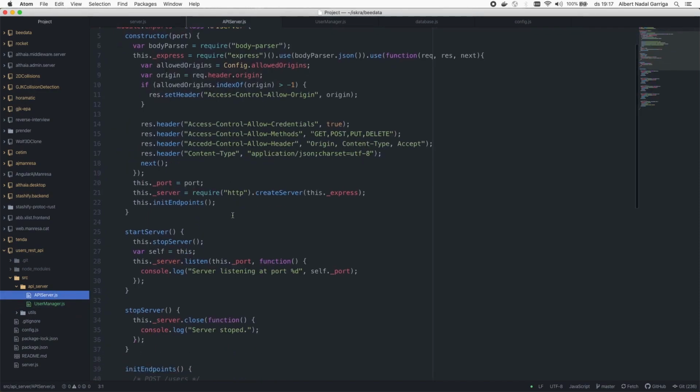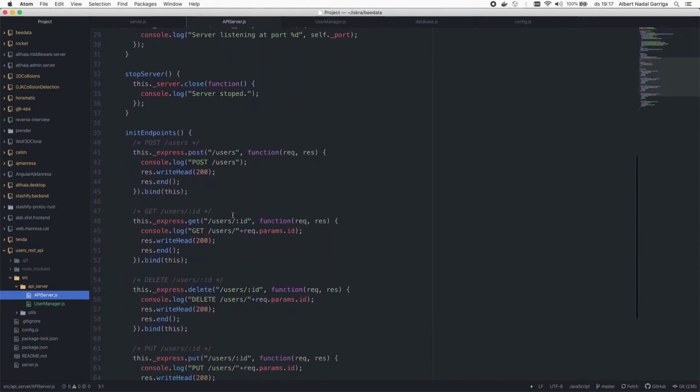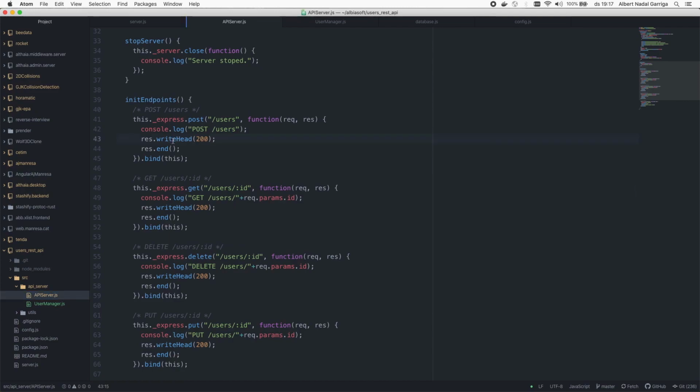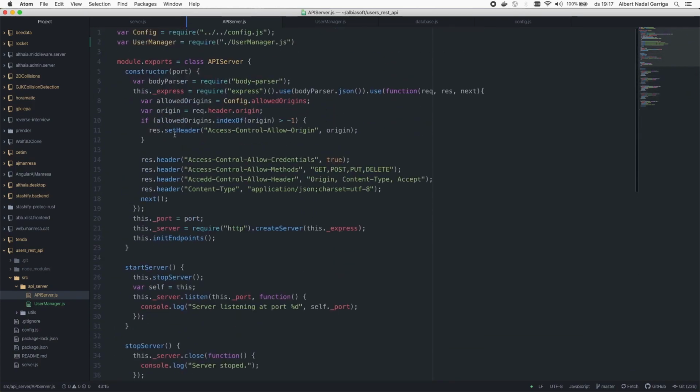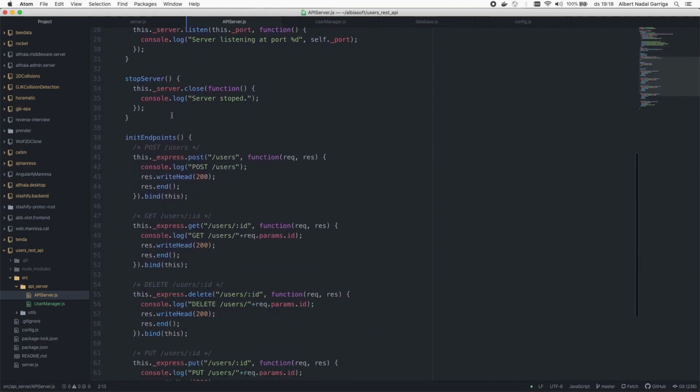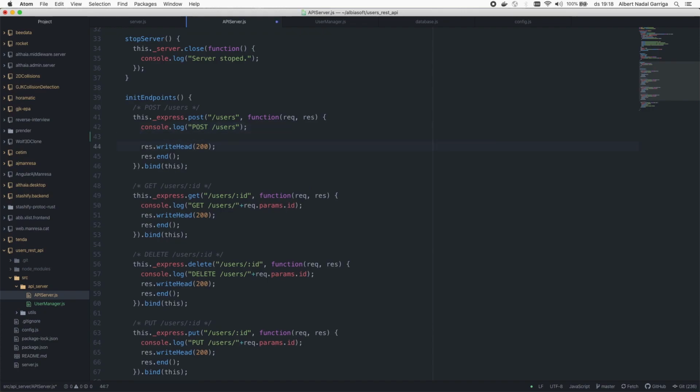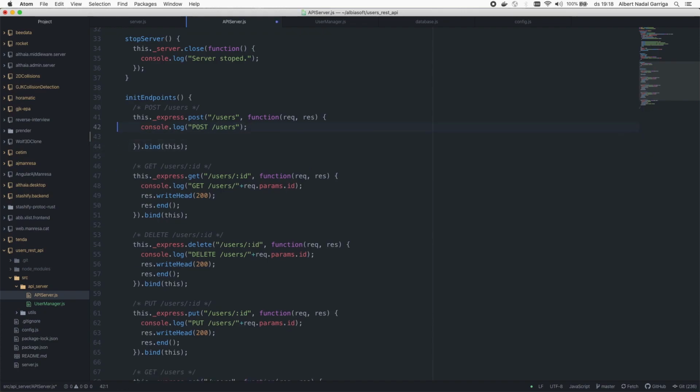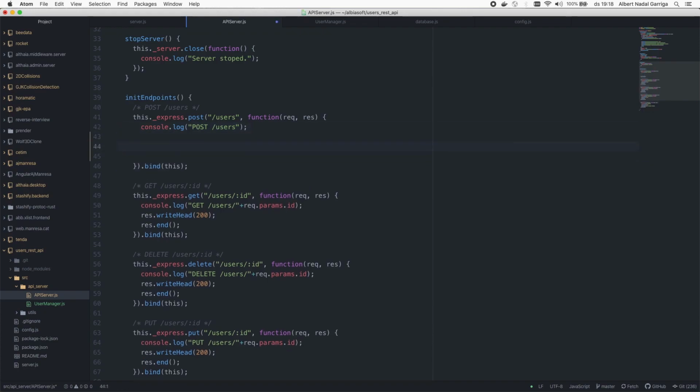Finally, once all the remaining functions of the module have been implemented, we will finish the implementation of the API server class using such functions. First, you have to import the User Manager module. The first endpoint that I will update will be the one in charge of creating new users. I will remove the previous dummy code and add the call to the create user function, passing the JSON parameter